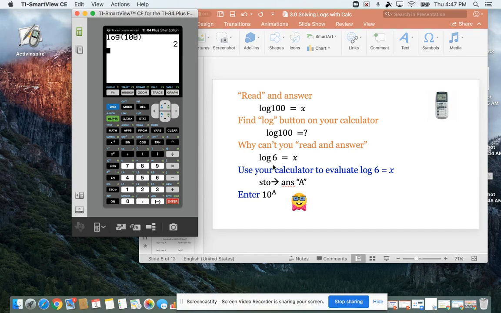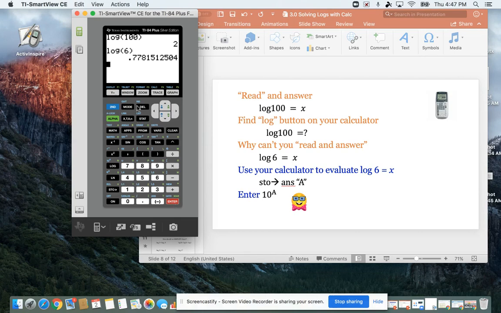What is the exponent that turns 10 into 6? They don't have a common base, right? But I can use my calculator because the base is 10. So I can say log of 6. It's not going to be as nice, right? It's an irrational number. However, what I can do is, let's say I want to do that and I don't